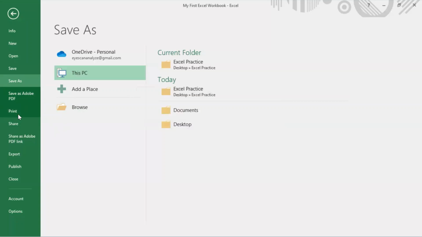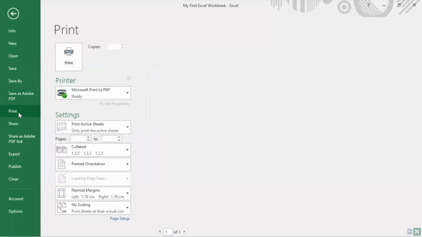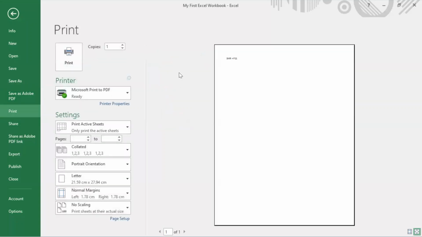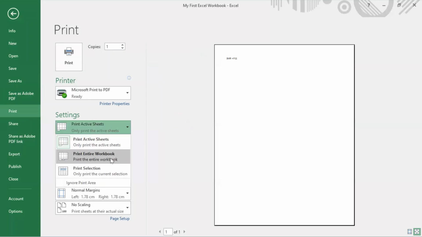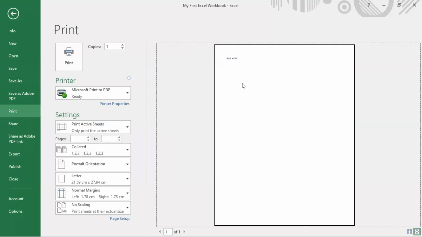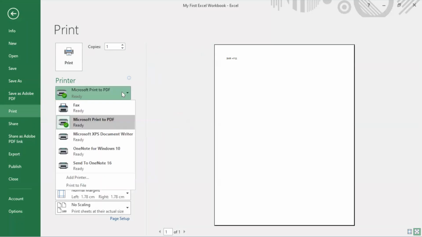Next is your print option. This will help you to print your existing sheet, the entire workbook, or a specific selection of cells within your workbook to a printer, or you can directly print to a PDF. I can also send it to OneNote, or a fax machine, or to a printer that I have set up within this